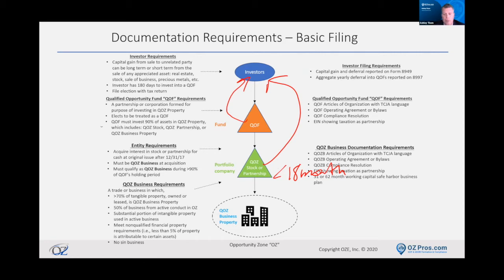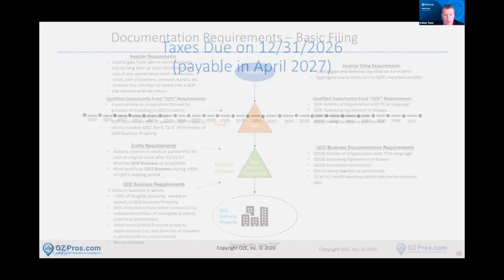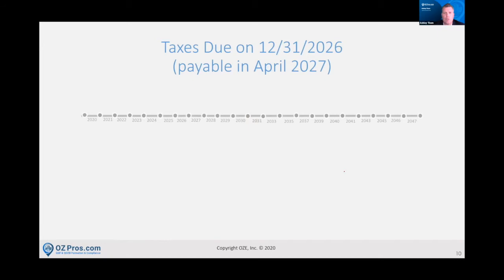So let's talk about taxes due, and let's talk about what the structure of that looks like. We've got a deadline of 12/31 of '21 this year. We've got a March 31st deadline for anything that was back in 2019. And then your taxes are going to become due and payable on December 31st, 2026. And they're going to be payable in effectively January of 2027, or April if you're pushing it out to when your filing is. And then 12/31 of 2047 is the deadline to get the step up in basis to fair market value.